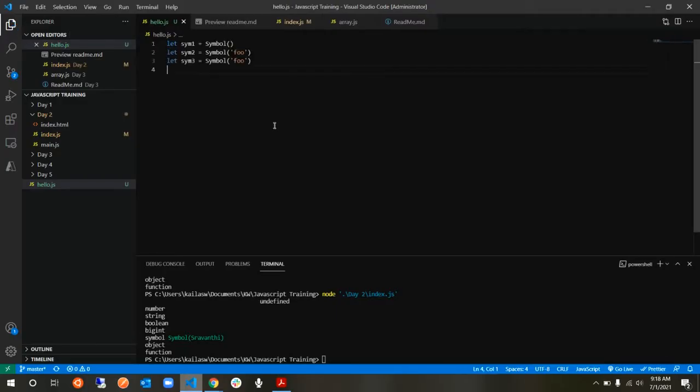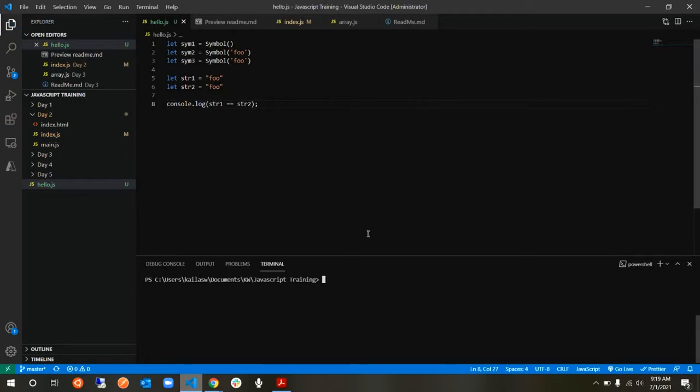Typically what happens is, just assume that you have defined 2 things. One is string1 which says foo, and the second one is string2 which is again foo. Just because we are using let here, I'm going to use let here also. Now just go ahead and type string1 equals string2. So is string1 equal to string2? Let's go ahead and check it now.